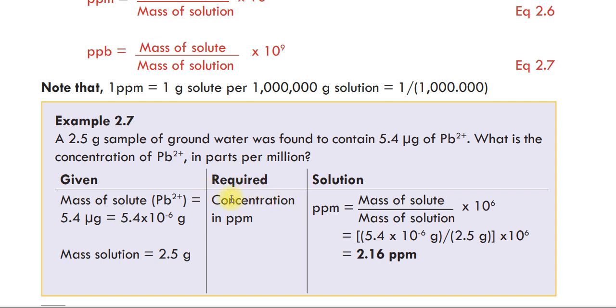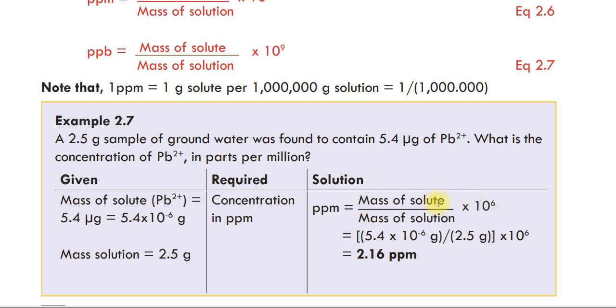Then the required part is concentration in ppm or part per million, which is equal to mass of the solute over mass of the solution times 10 the power of 6 እንግዲህ per million ስለሚል ነው 10 the power of 6 ያልነው ፐርሰንት ቢጠይቀን በ100% and per billion ቢባል በ9 እናበዛዋለን ማለት 10 the power of 9